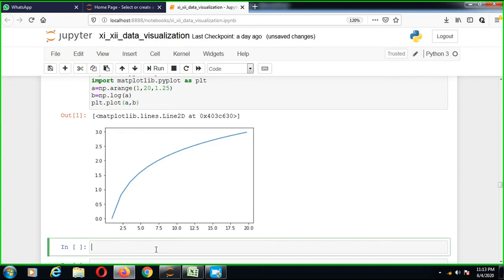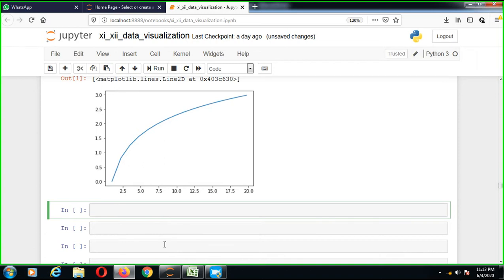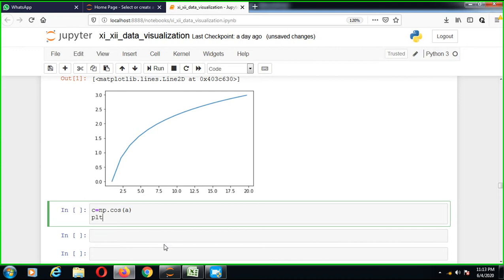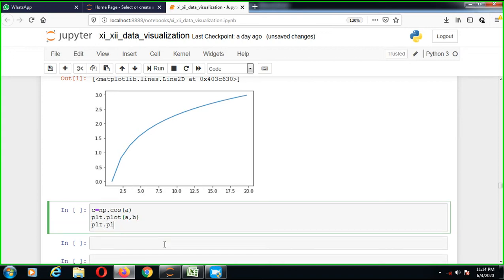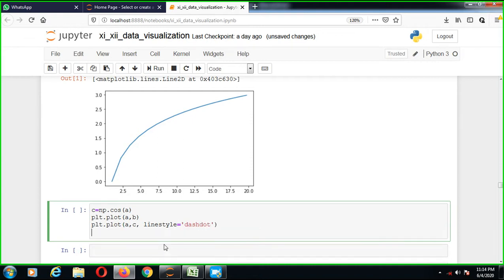Now some basic things, I just show you data visualization. Suppose c is equal to np.cos of a, and plt.plot a, b, and plt.plot a, c, with linestyle equals dashdot, and plt.show.